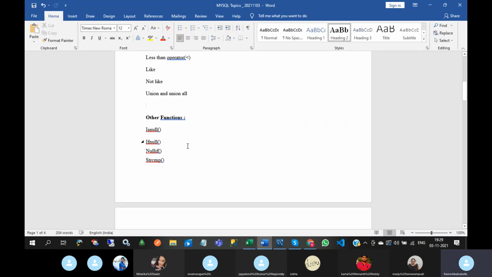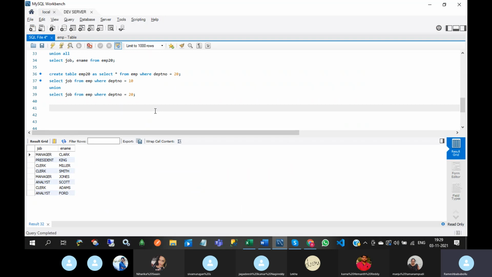Next, other functions. Is null. First one is is null. So is null function returns 1 when the expression is null. Otherwise, it returns 0. We can take this example here. So select star means you will get all the columns.